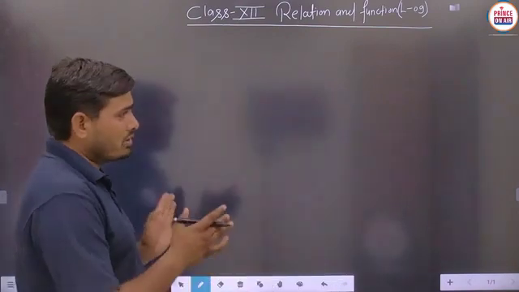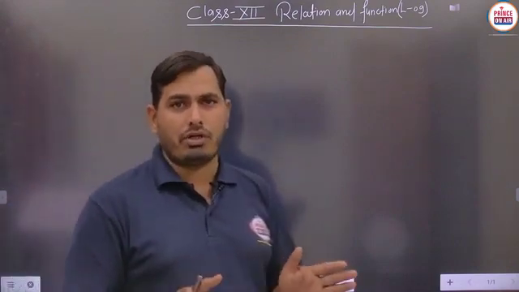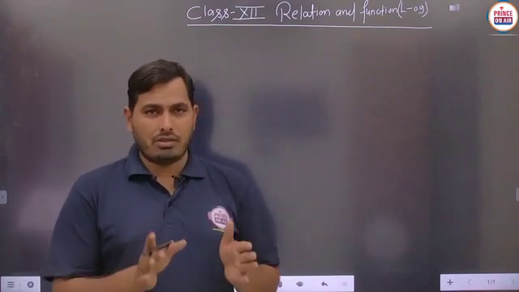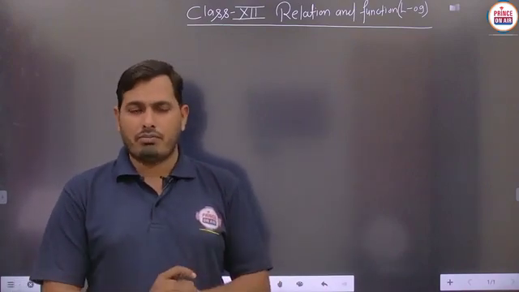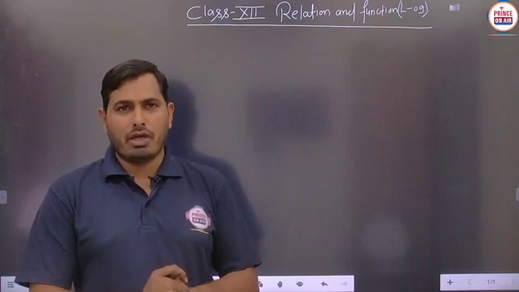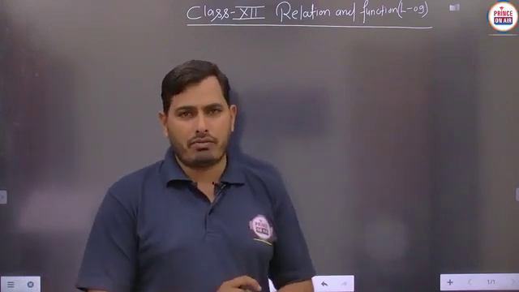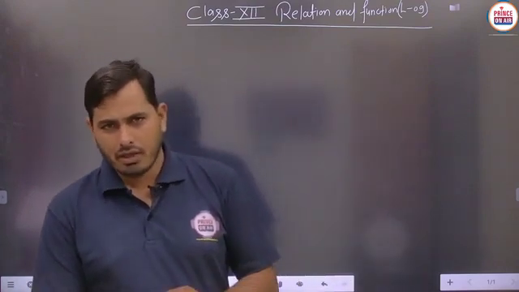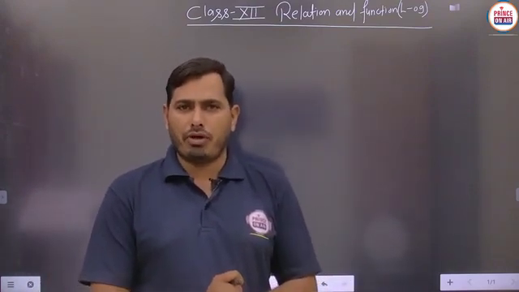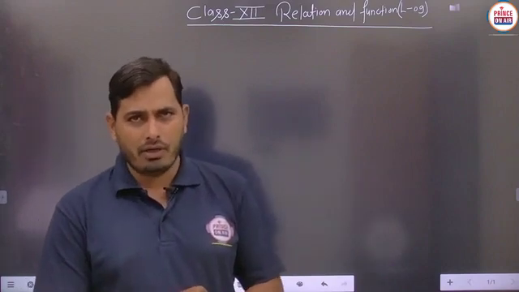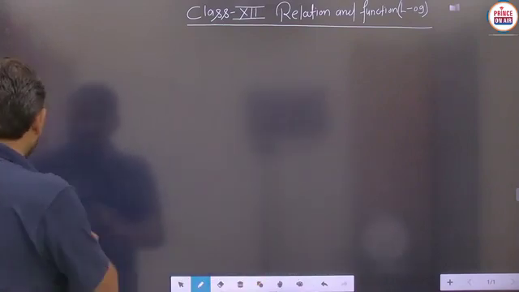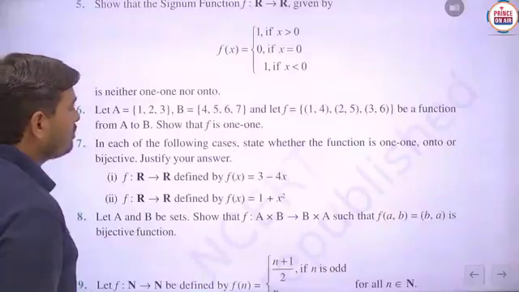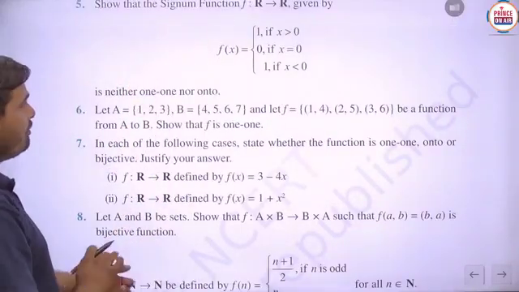So you should see each and every question that will be solved here, and we will also discuss the basic strategy behind this kind of function, meaning what types of strategies are to be used and what different processes we use to prove any one-one and onto case. Is it to be clear? So we will start exercise 1.2 from question number 5. We have to see the questions from exercise 1.2.